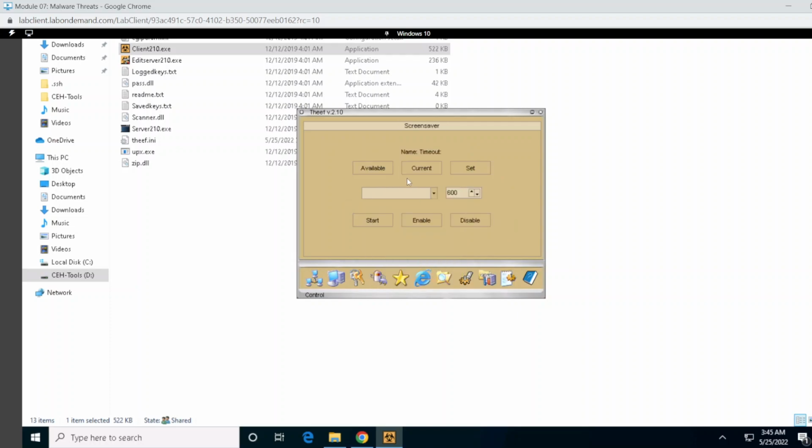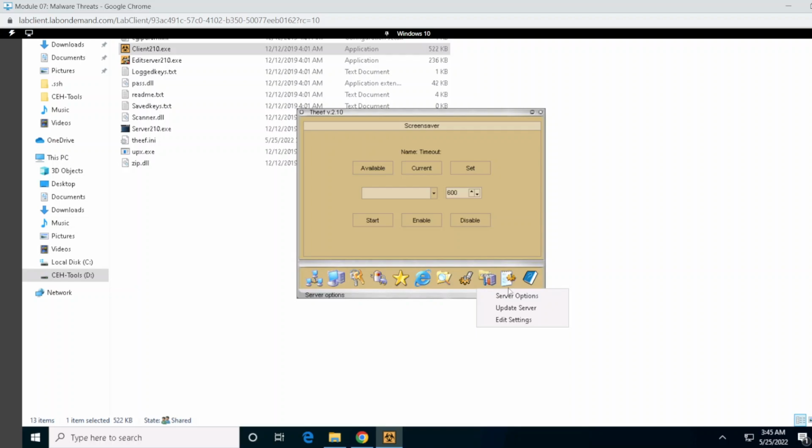We could come to screensaver and we could add a good screensaver that says, hey, you've been pwned, or something else silly that hackers love to do. We could, of course, execute remote prompts, look at their IM chat spy. Just by seeing this option, you should realize that this is a fairly old tool. I'm surprised that we can't click on one of these and it say, hey, what's their AOL password? But